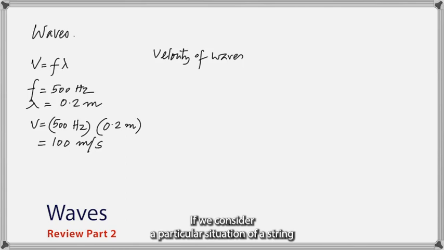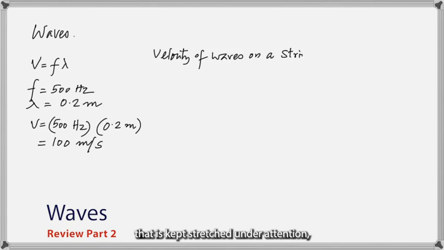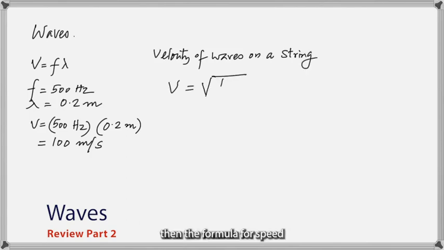If we consider a particular situation of a string that is kept stretched under a tension, then the formula for speed becomes square root of FT by m. So this is only applicable to waves traveling along a stretched string. In this case, FT is the tension, so how tight the string is, and it is measured in newtons, while